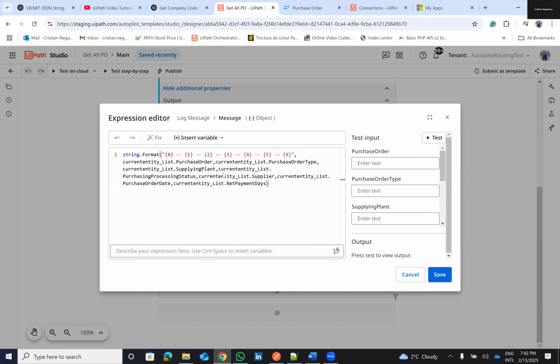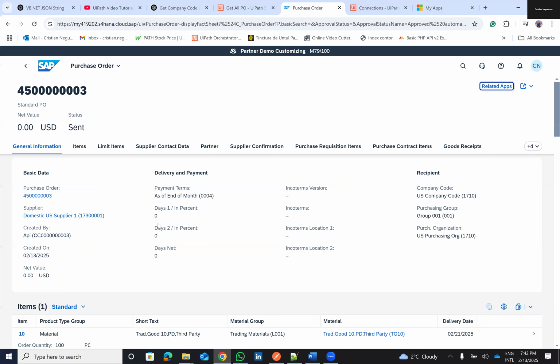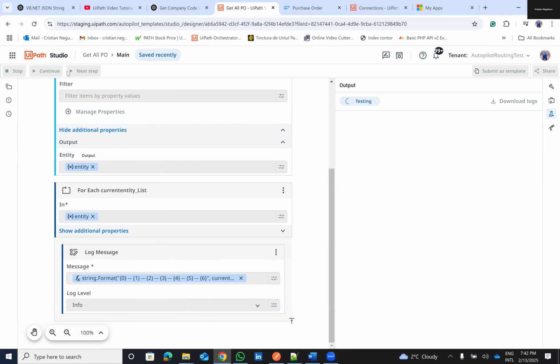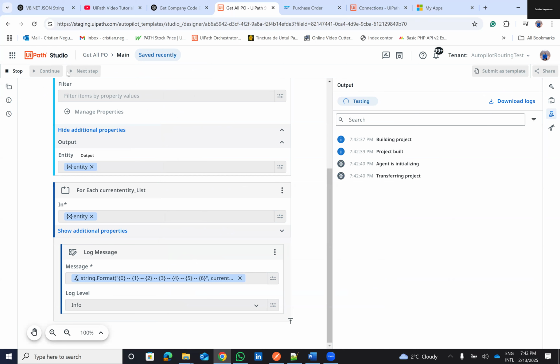Then I will show the purchase order status. Then I will show the supplier, the current net payment days and the net payment days. So this is 10. This is the supplier. This is domestic. The plant should be this one and so on. So let's run it and see what is displaying. Let's hit save. Let's test run. And let's see what is displaying,